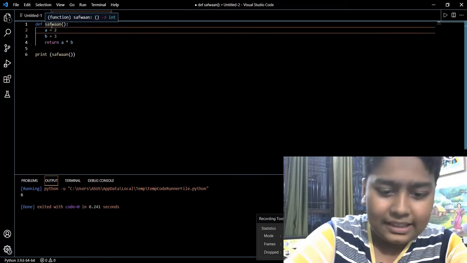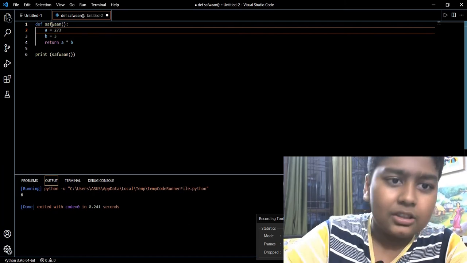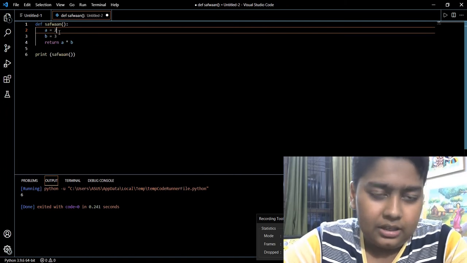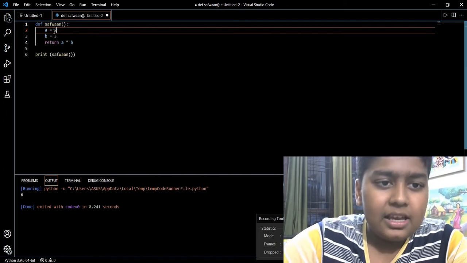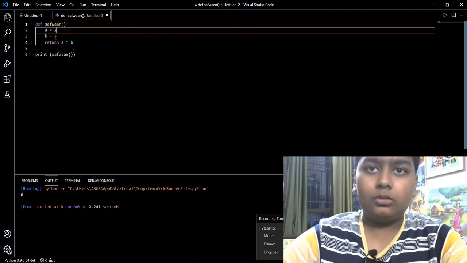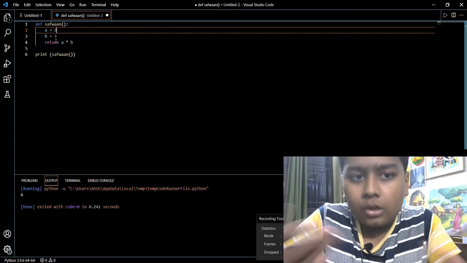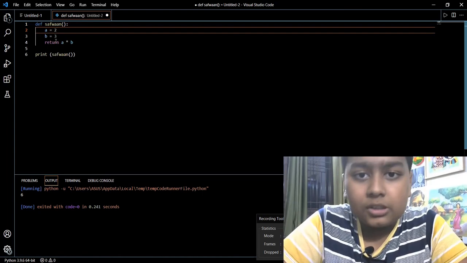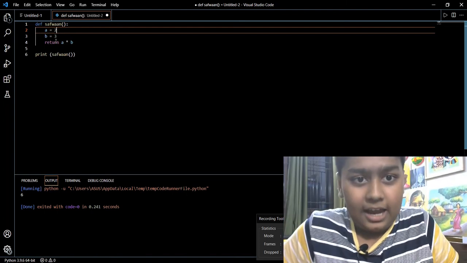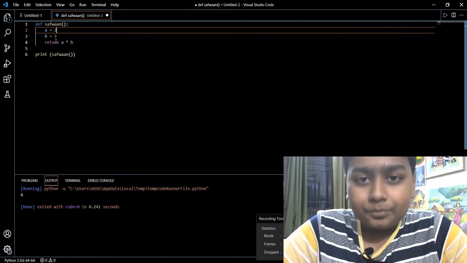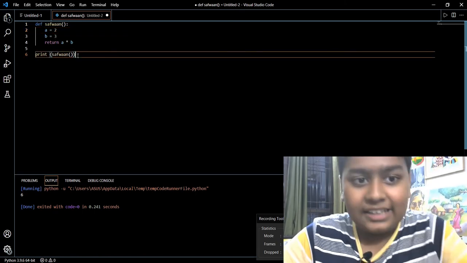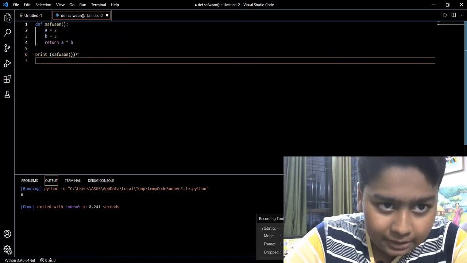Let's say now make it 20. Okay, let's make it 2, let's keep it as it is. a equals 2, b equals 3. Now think about it: you told it that a equals 2 and b equals 3. Now you have to tell it what to do. Will it multiply these? Will it add these? Will it subtract these? Well, in Python you have to learn the signs first.